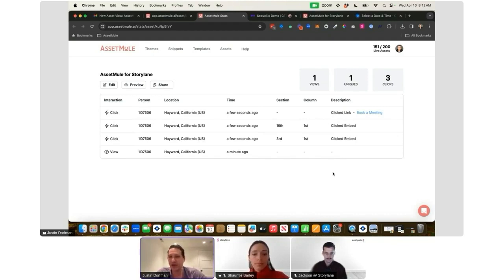you can really determine which accounts to prioritize based on who's showing those buying signals, but also how best to follow up with them. Maybe they checked out that Storylane demo, and that shows that they're interested in scheduling a real demo, or maybe you should follow up with a couple of different examples of workflows and use cases, sending some other Storylane demos. So that's the quick walkthrough of AssetMule,